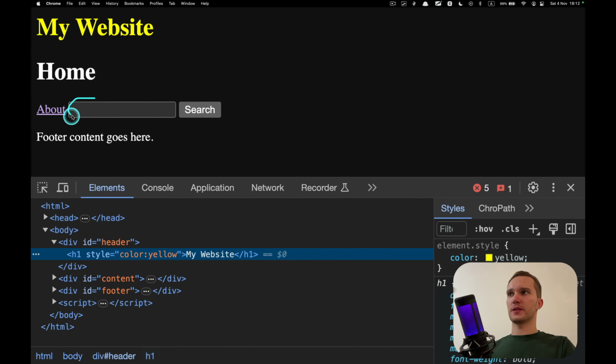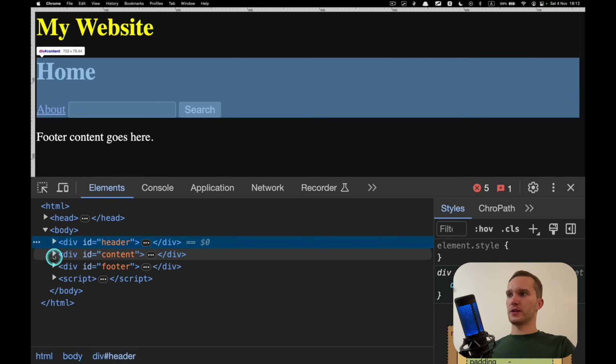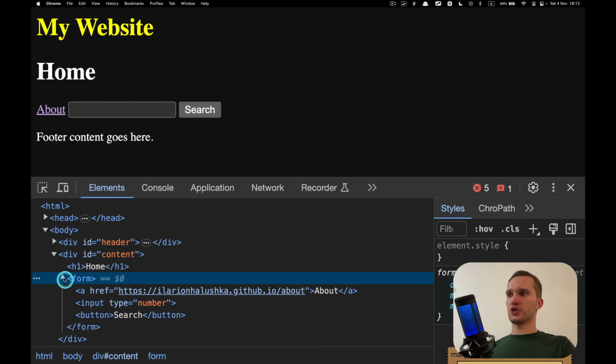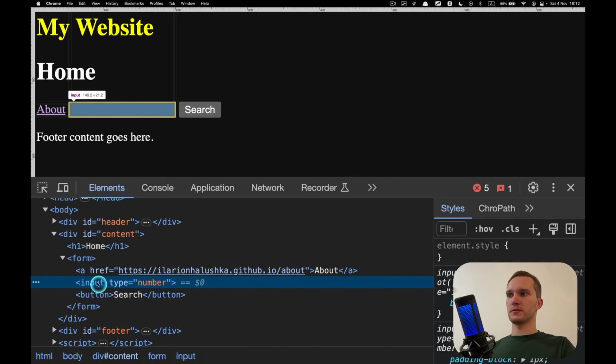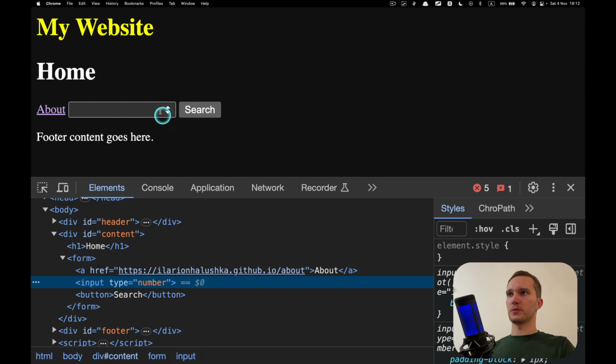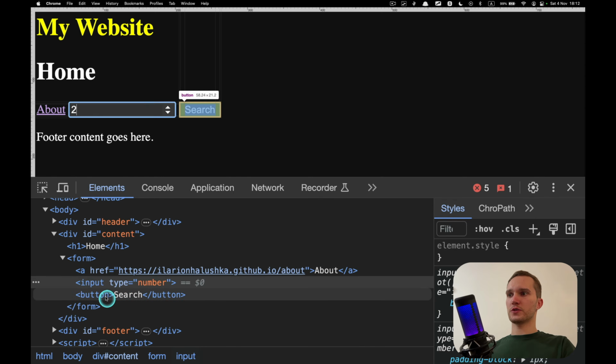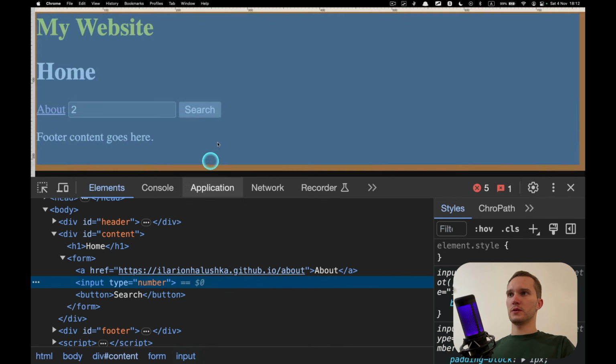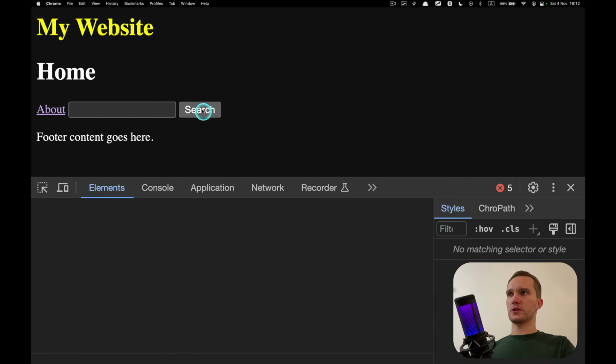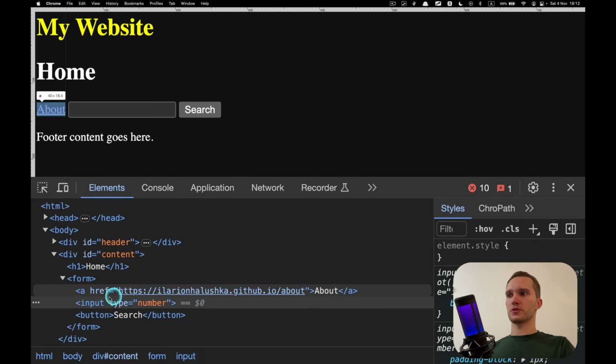We need to understand that, okay, we need to type some text into this element, and we need to click this search button. And we have it here in our HTML tree, right? This is the input type number. So you see we have numbers here. And we have a search button. When we click on search, nothing happens, the page just reloads.